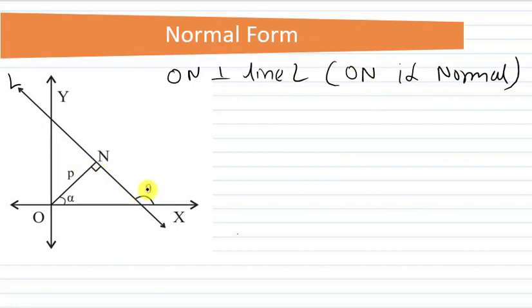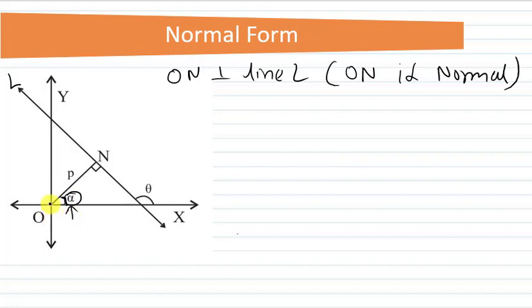right? So whenever there is any line to which a normal is drawn from origin and all the details about that normal are given, by using those details about the normal, we can derive the equation of this line. Let's see how. Let's suppose this ON, which is normal to line L, is making an inclination alpha. Here you can see the alpha inclination, that is the angle made by the line with positive x-axis, is called inclination, right? ON is making an inclination of alpha.